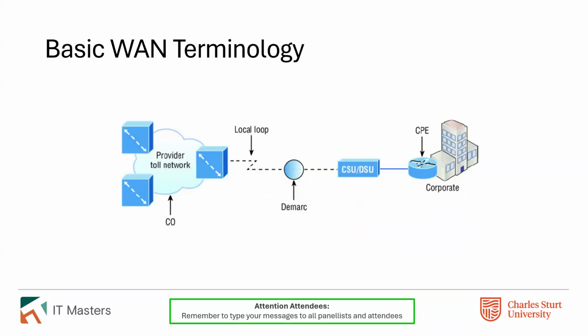In terms of some terminology that you would typically need and want to know about, so you've typically got what's called a local loop, which is your local connection to your internet service provider. There's typically a demarcation point or a demarc that basically acts as the boundary, typically on the edge of your building. In other words, everything beyond that point is the service provider's responsibility. Everything on the inside of your building is your problem. And then you have your customer premises equipment, which is typically your router or more commonly a firewall.